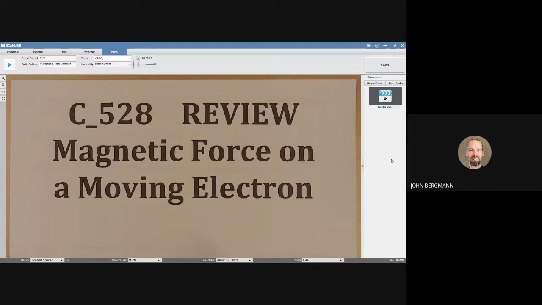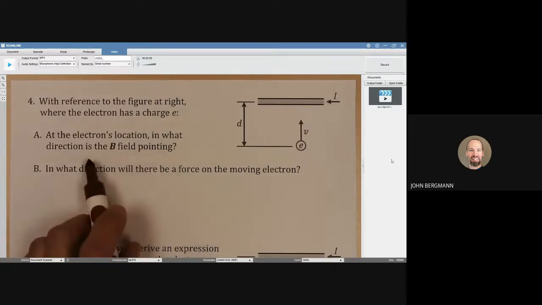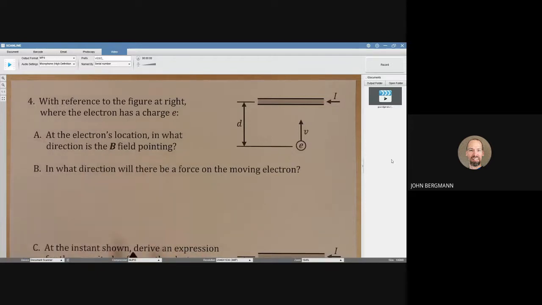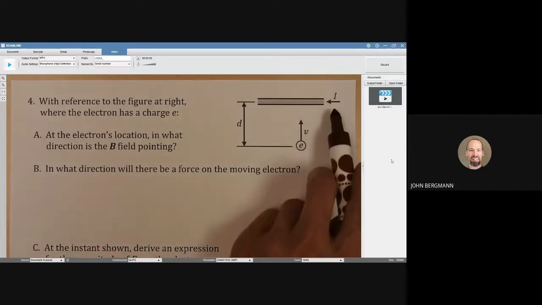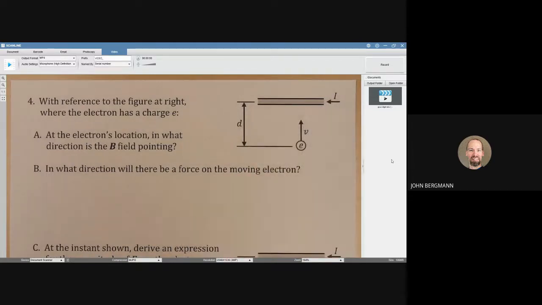Magnetic force on a moving electron. With reference to the figure at right, where the electron has a charge E, at the electron's location, in which direction is the magnetic field pointing? We have a current that is traveling to the left here in this wire at the top of the screen,